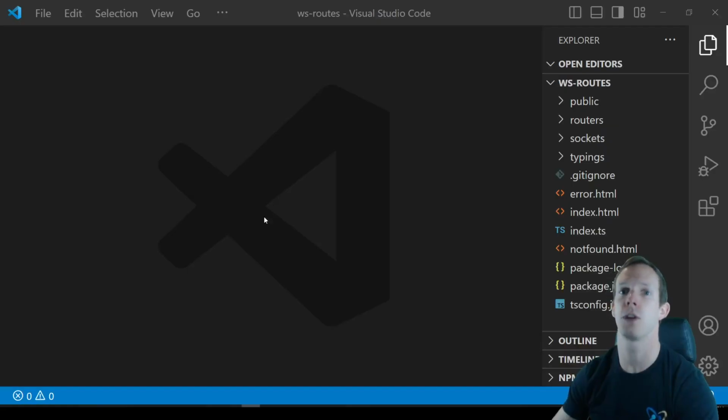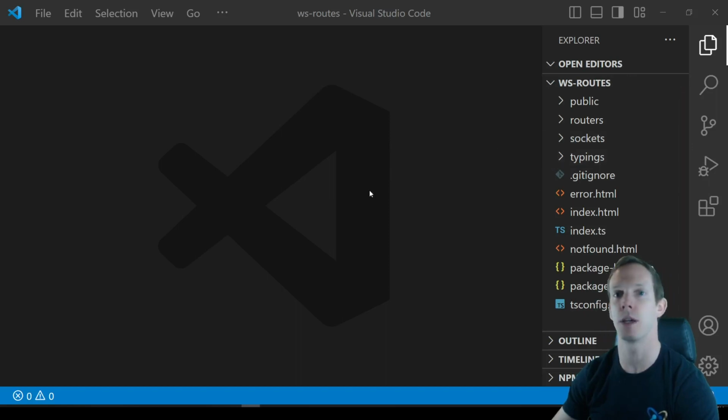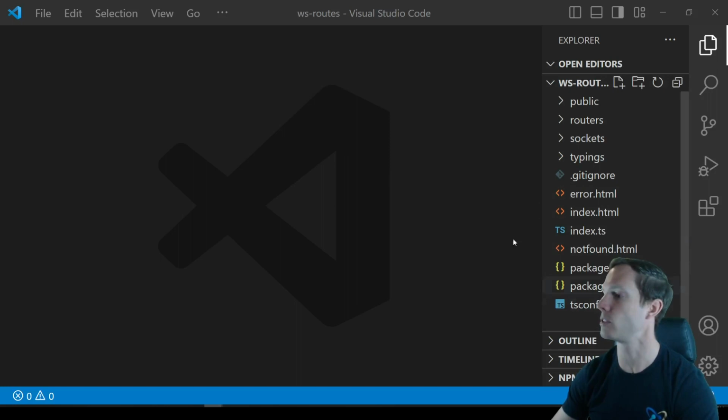All right, so we're starting off with our WebSocket template repo, and the link to this repo is actually in the description below. But basically, it's a repo that's already set up with a WebSocket server, and it already has intervals for pinging the client and the server for dropped connections, or closed connections, or dead connections, whatever you want to call them. But essentially what we're going to be doing is adding some authentication to this. So first things first, we're going to go ahead and install